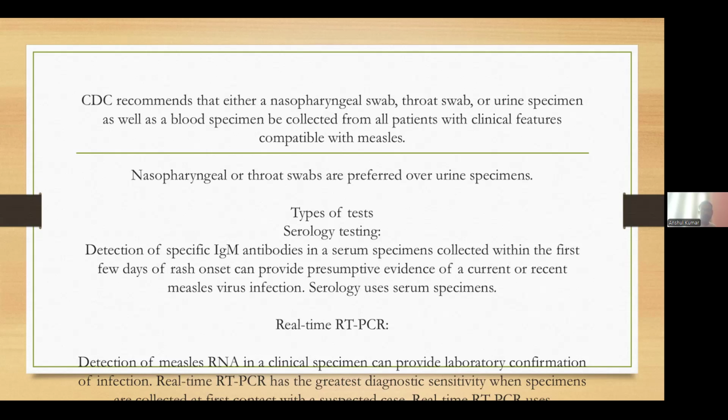The virus can be isolated from the nose, throat, conjunctiva, and blood during the prodromal phase and up to about 2 days after the appearance of the rash. So basically, these are some of the important tests which can help in the diagnosis. The virus may be obtained from the urine for a few more days. Primary human or monkey kidney and amnion cells are the most useful for cell cultures. Cytopathic changes may take up to a week to develop, but earlier diagnosis of viral growth is possible by immunofluorescence